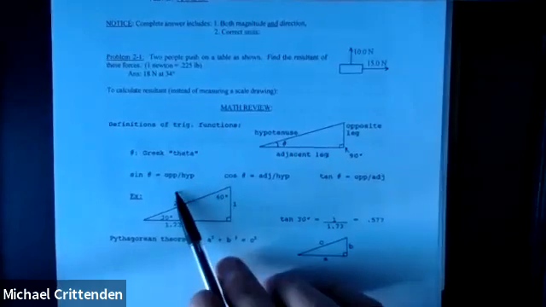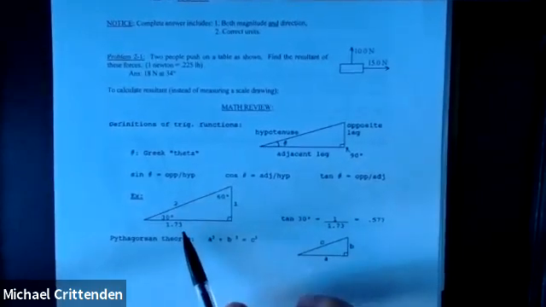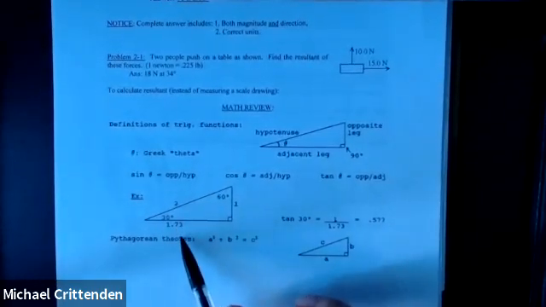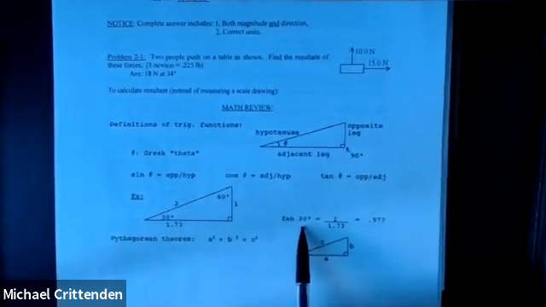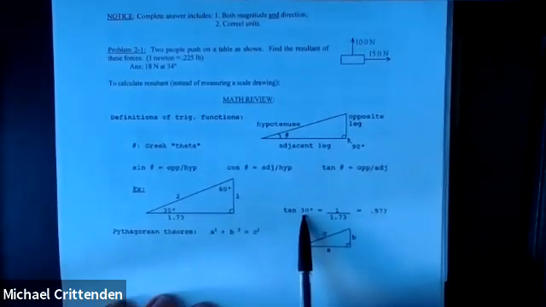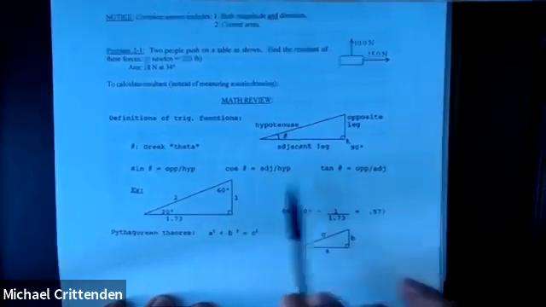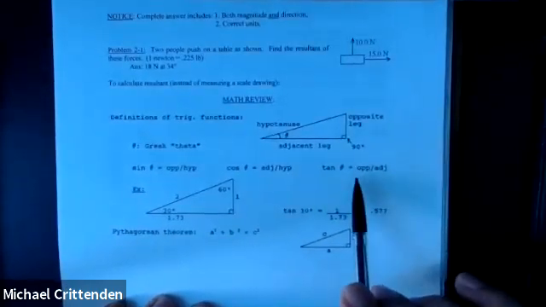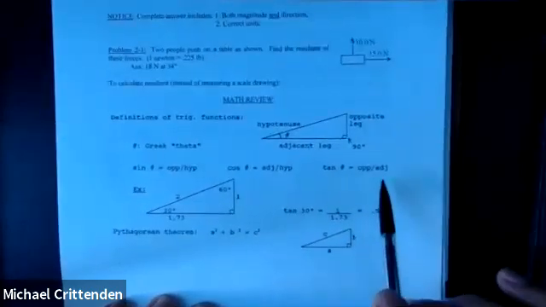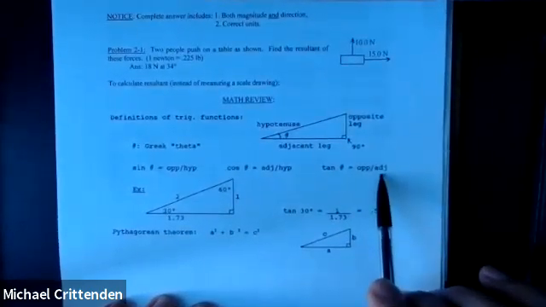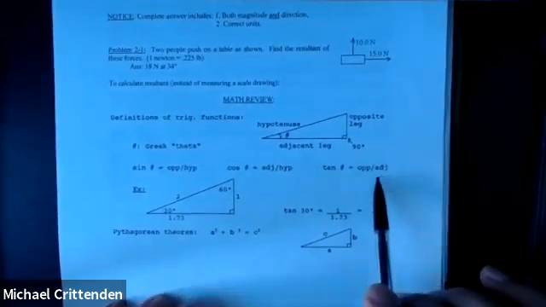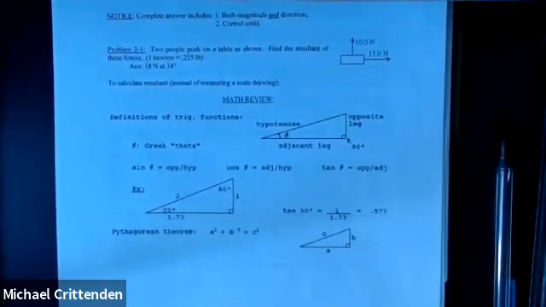So let's say you wanted to know the tangent of 30 degrees. What does that mean? Well, it means the ratio of the opposite leg of the triangle divided by the adjacent side, okay? So even though this is obviously not what actually happens, you could imagine that living inside your calculator